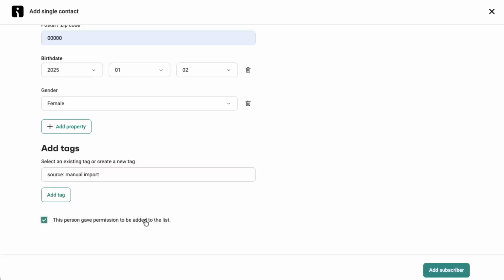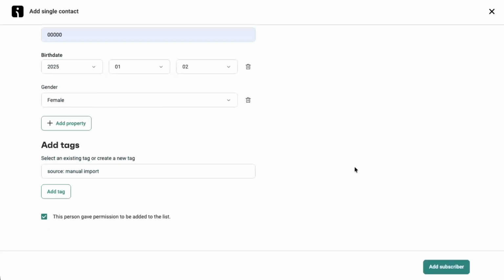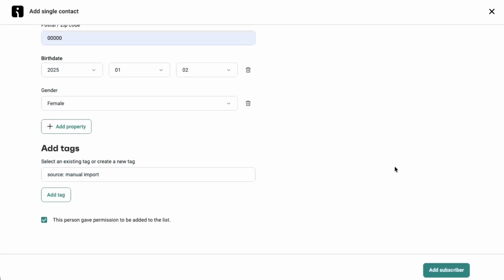Before saving, look for the checkbox that confirms the person has given you permission to be added to your list. Make sure this is accurate, because consent is essential for compliance and good email deliverability. Once all the information is filled in and you've confirmed permission, click on the Add Subscriber button. OmniSend will save the new contact to your audience, and they'll be ready